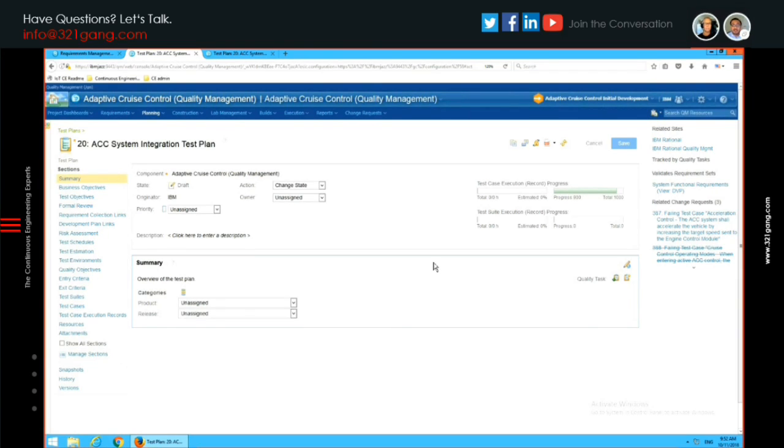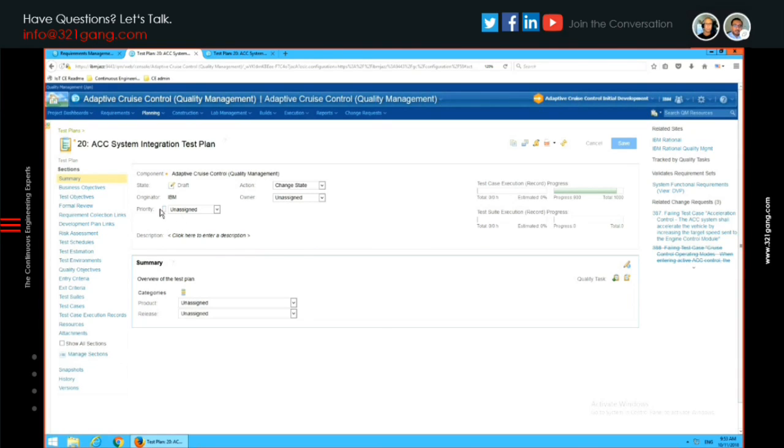Test cases can also be grouped together if you need to run them in a specific order. Like I might have 5 test cases and I need to run them in order. Those we can group into what we call test suites. And test suites and test cases are all associated with a test plan, because we're going to run those test suites or test cases based on some planning activity that we have.